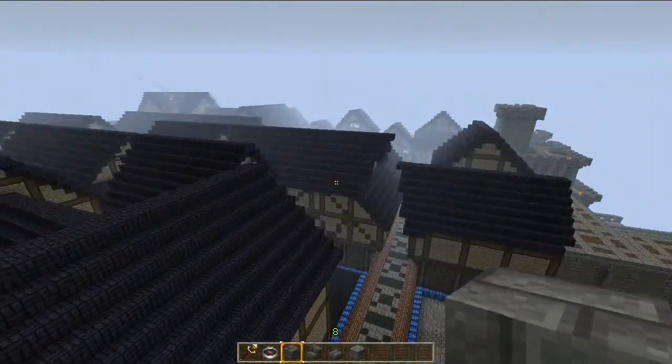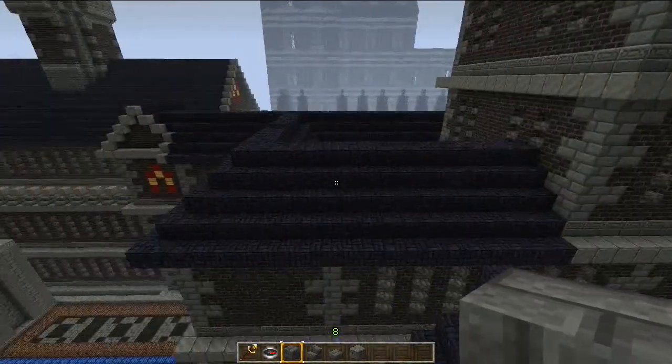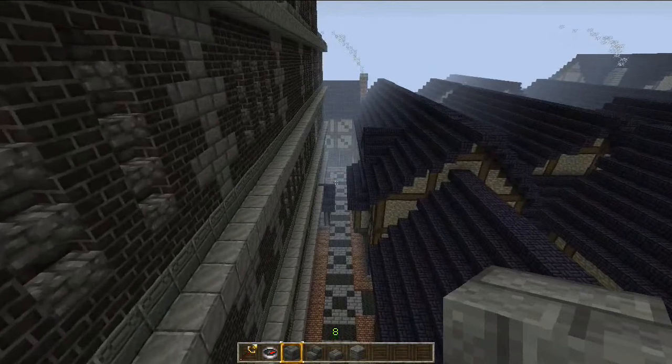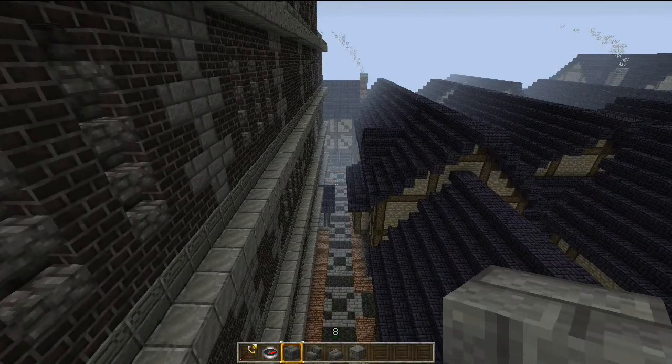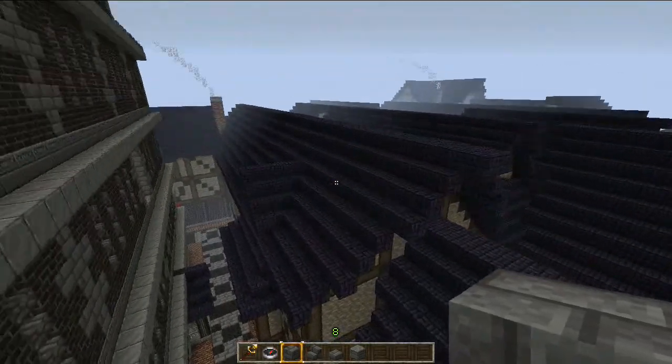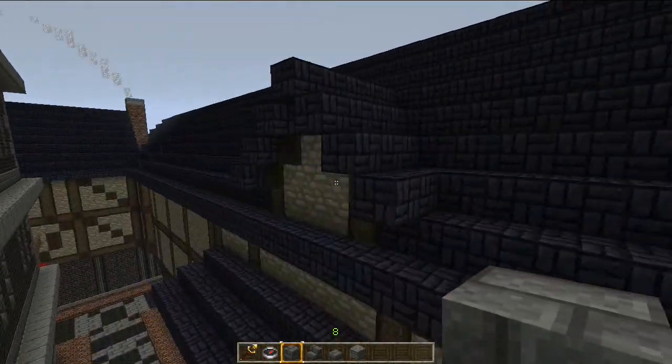I tend to use a combination, but I mostly use gabled roofs. I just like the look of it more. The next other roof feature you can do, this little guy here